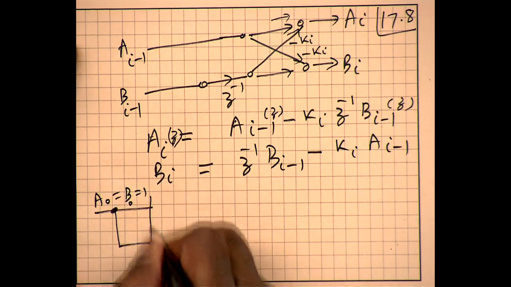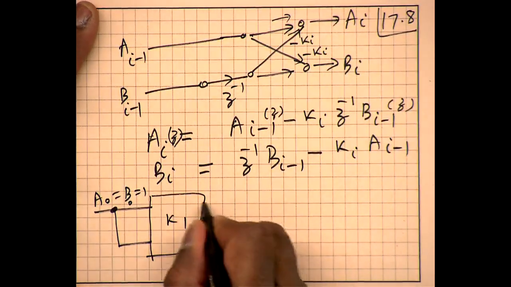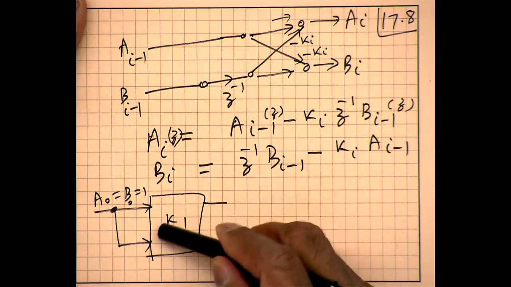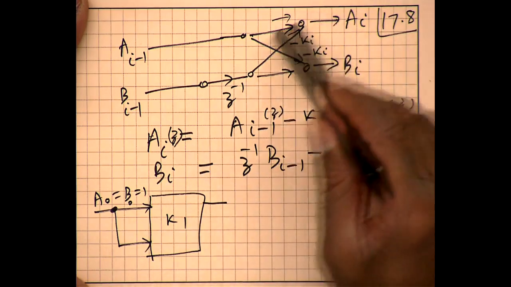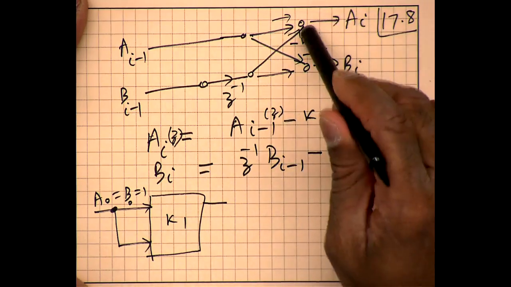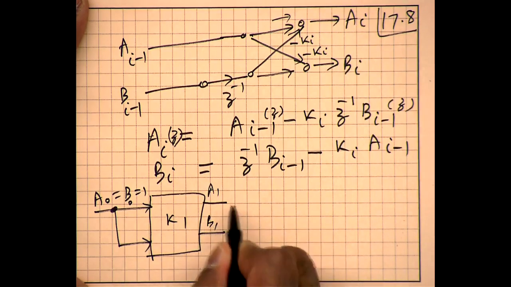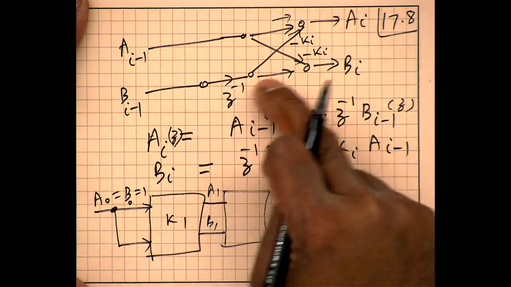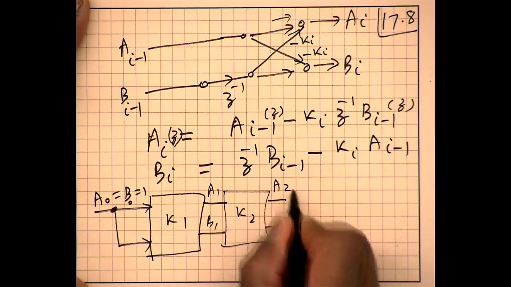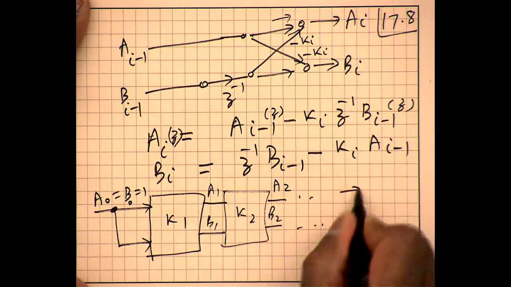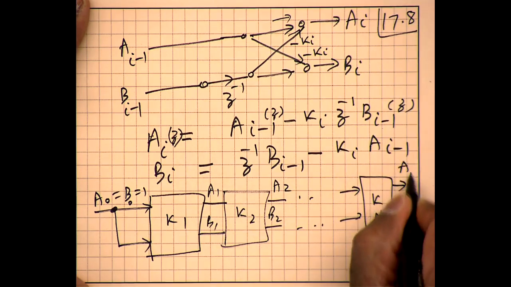So initially A0 equal to B0 equal to 1. And then we draw exactly the same thing here with parameter K1. So inside this block marked K1, we have all of these, the bottom path delayed, and 2 multipliers by minus K1, and then summed, we get A1, B1. And then we go through exactly the same thing, one more block, K2. And then finally this becomes A2, B2. And keep going through that, and at the end we have Kn, and that becomes An.